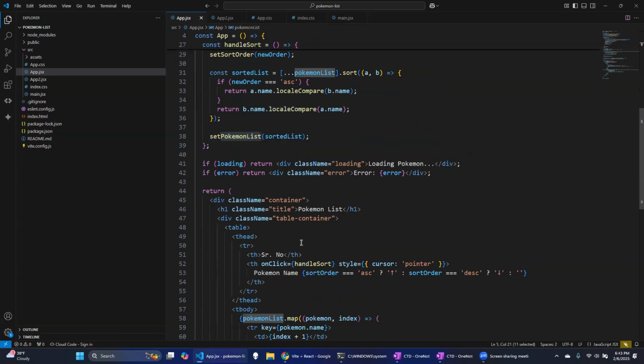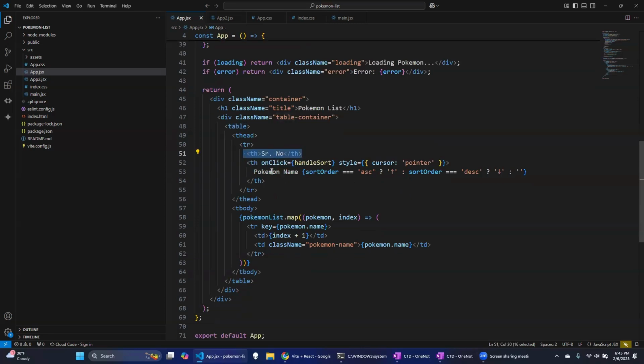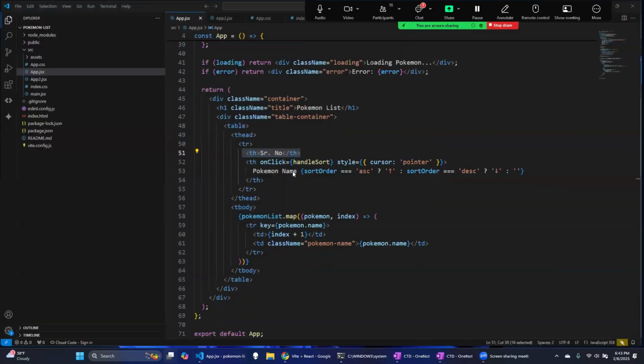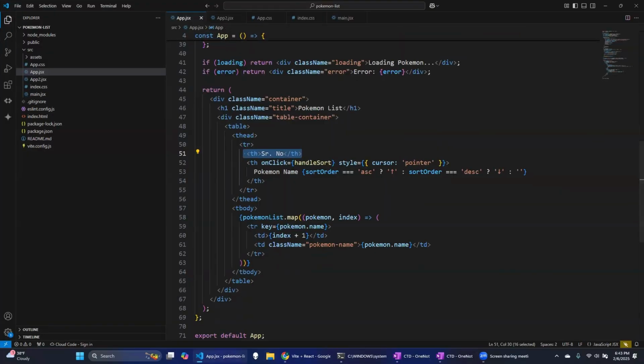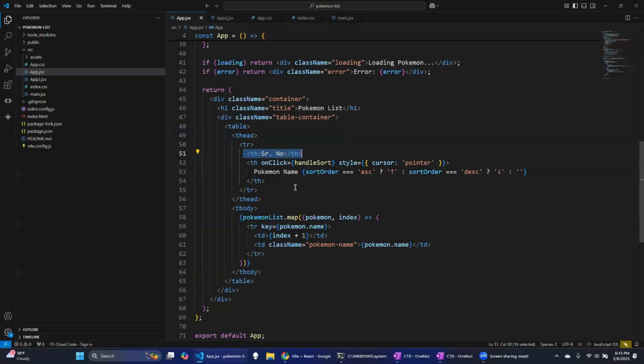And once we have the Pokemon list, we are building a simple table where we have a serial number and a Pokemon name header. So if I go back to the screen, we have a serial number header and a Pokemon name header. And now going back to the code,